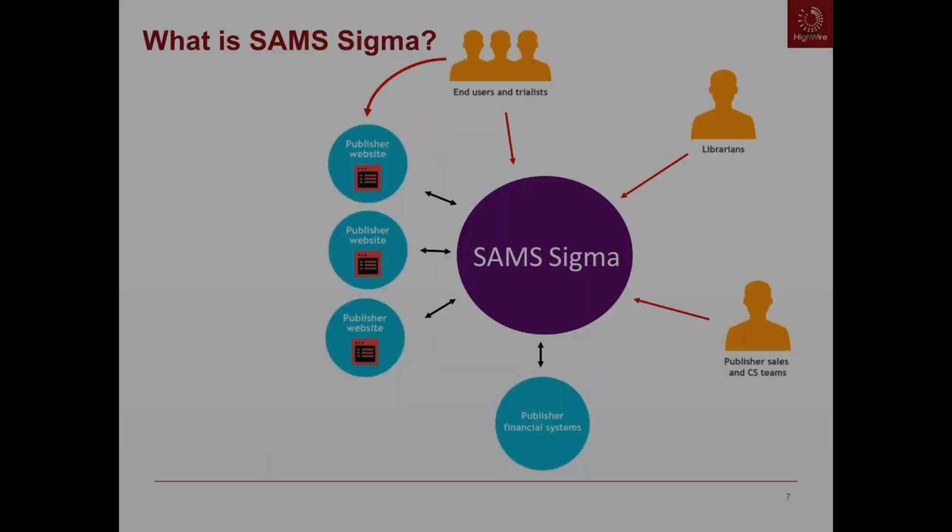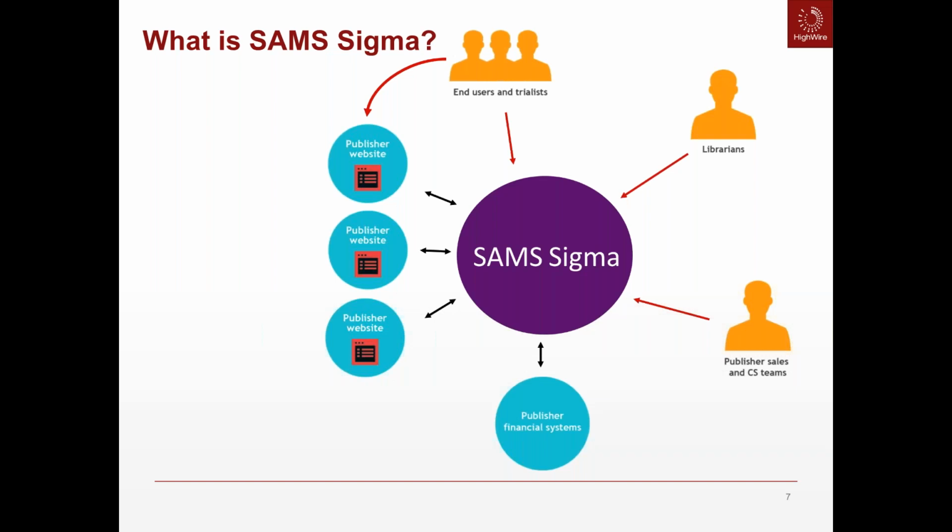So a quick review of SAMS Sigma and what it is, and the users that interact with the system. I'm just going to go around this wheel really. I'll start with the publisher sales and customer services team. These users will interact with SAMS Sigma in order to create new customer profiles, create content licenses, define product content bundles, and find and manage their customer licenses. And we'll look at this in a little bit more detail when we go on to the demo of the